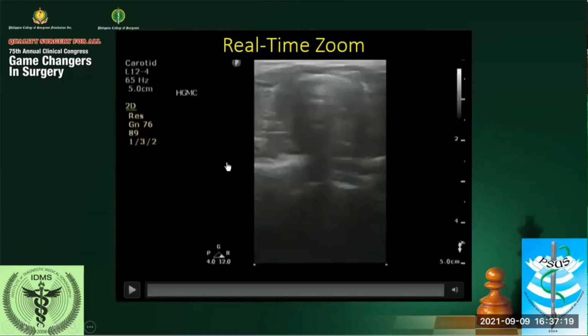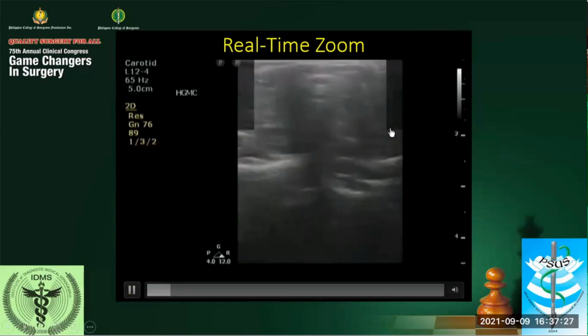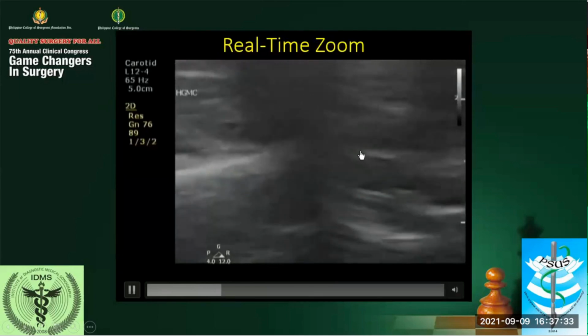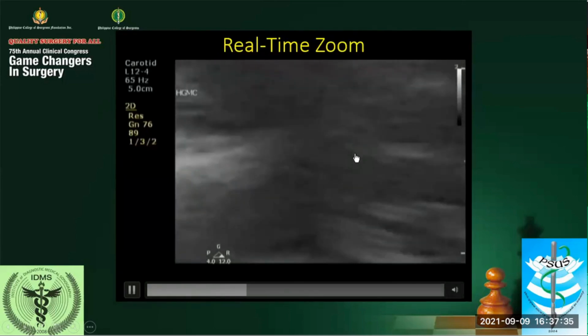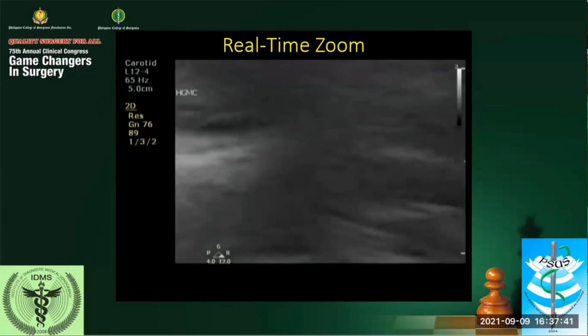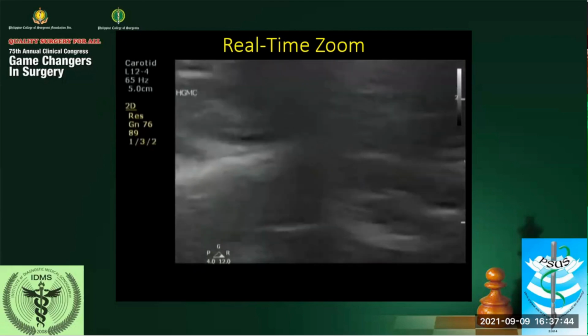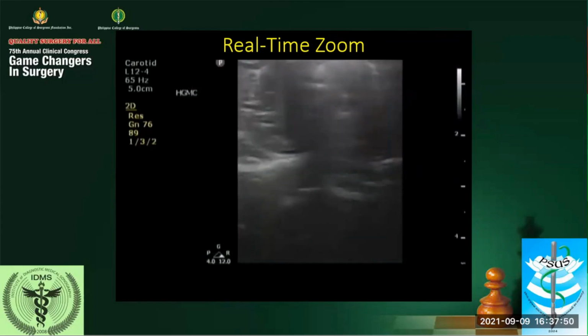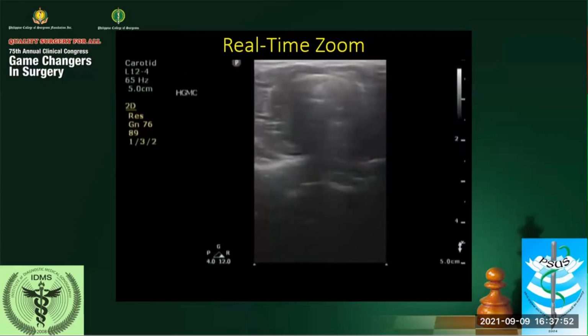Now here is another video. Now this automatically enlarges the whole area, or the selected area, the center. Now this machine utilizes a trackball to select the area. Again, this has no clinical significance, but just to demonstrate to you how real-time zoom is being employed. See, this is a live scan. See, the image is moving. It's not in the freeze mode. Okay.